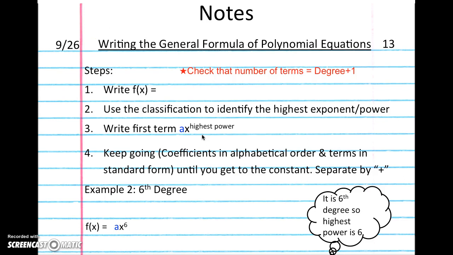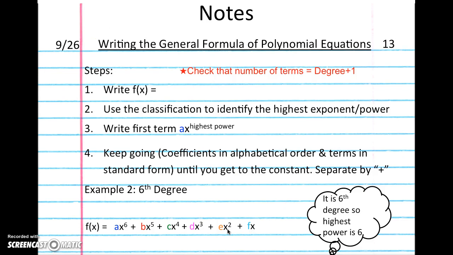Now I'm going to keep going again with my coefficients in alphabetical order and terms in standard form, right? So the next term is going to begin with a b, and that's going to be bx to the 5th because 5 is 1 less than 6. So I'm going to add bx to the 5th. And again, I'm going to keep going. So the next term is going to begin with a c, and the power is going to be 4. And that gives me cx to the 4th power. Then we have dx to the 3rd, ex squared,